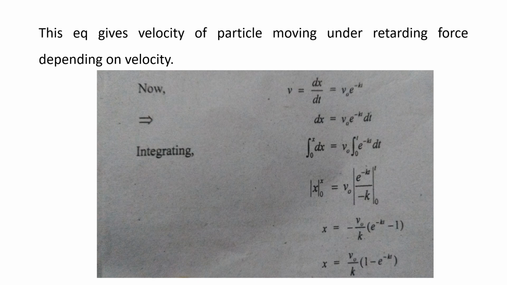Solving that equation gives the velocity of the particle moving under the retarding force depending upon the velocity. So we get v is equal to v naught exponential minus kt, and we know that velocity is equal to dx over dt. So substituting that value, we get dx over dt is equal to v naught exponential minus kt. Rearranging that equation, we get dx is equal to v naught